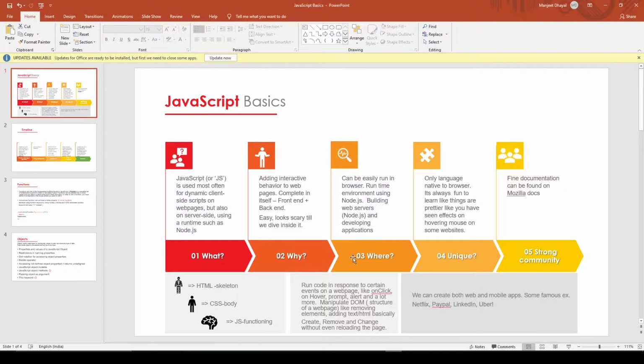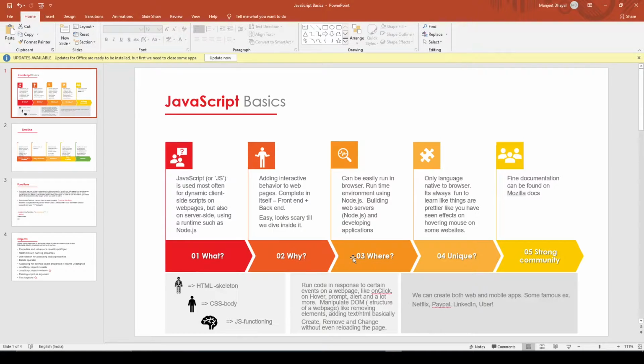Another question: where does JavaScript run? When JavaScript initially came to market, it ran in the browser. Many browsers have their own JavaScript engine: Google Chrome has V8, Mozilla Firefox has SpiderMonkey, and so on.